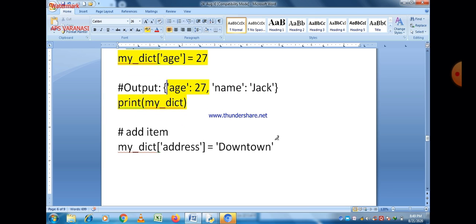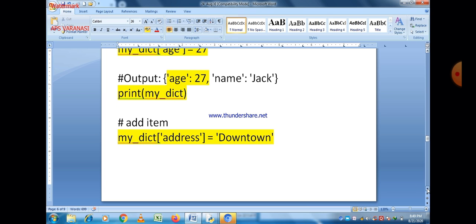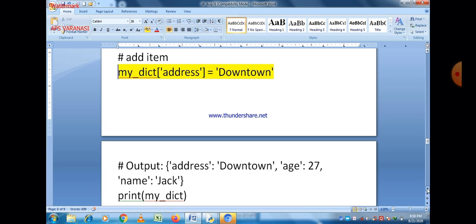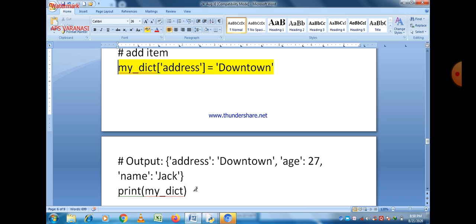In this manner we can easily add an item to a dictionary. When we print my_dict, you can easily see that now address is added to the original dictionary. Address is downtown, age 27, and name Jack.